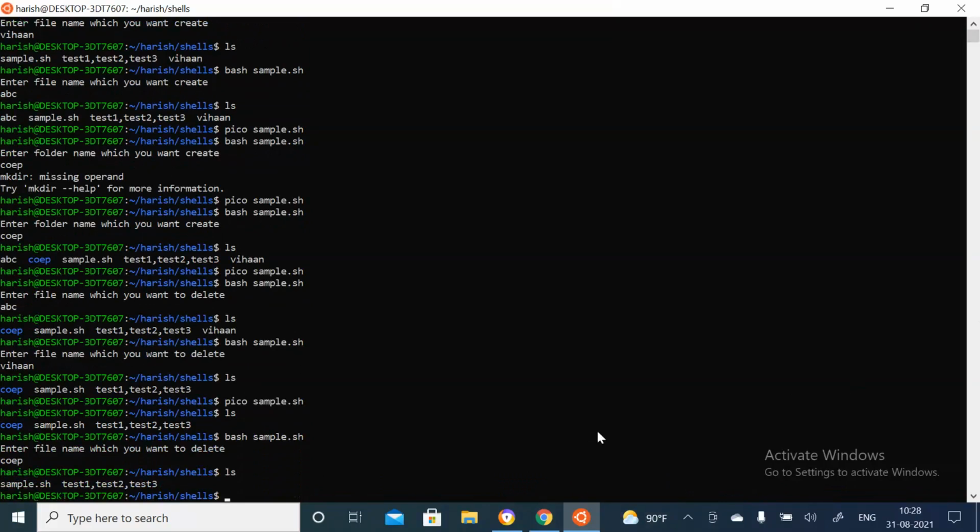Other commands are also there if you want to read something, or if you want to get the word count from a file, you can use that. So different commands are there. I just wanted to tell you how to write the script for the different commands. So I'm not using any loop or any if else statement here.